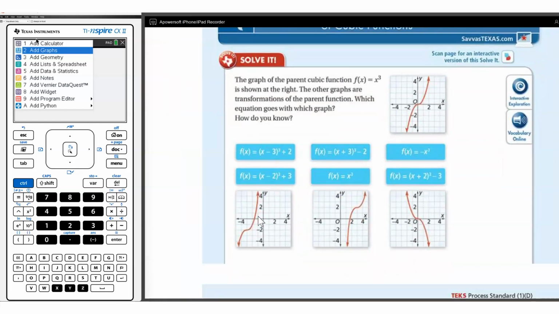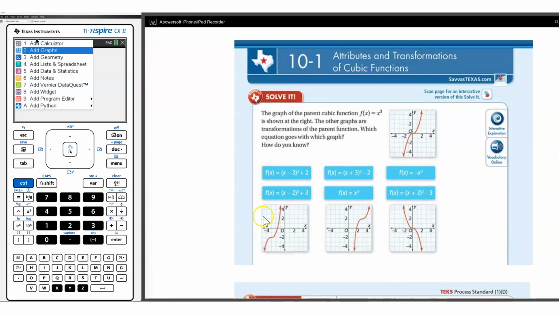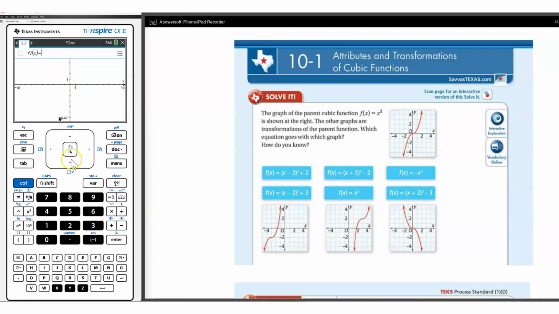What we're going to do is try to match one of these equations to one of these graphs. So I'm going to graph each of them. I'm going to go to menu, graphs, and start with the one on top. So we have parentheses x minus 3 to the third power